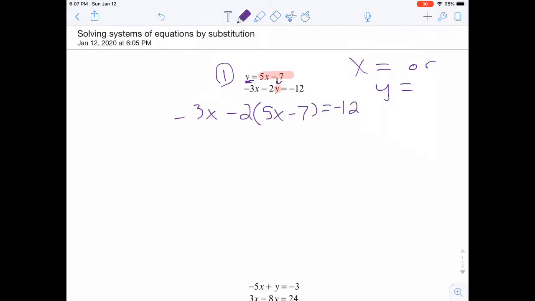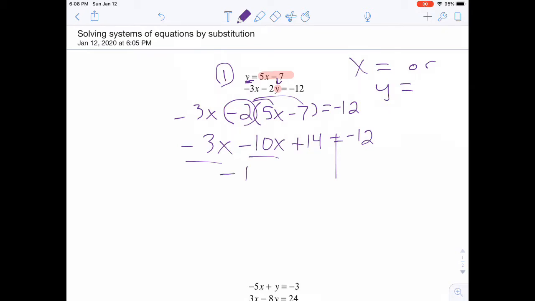equals negative 12. Okay, so in this case, what I have now is an equation that only has one variable. I'm going to distribute, combine like terms, and continue to solve. So my next step here is to distribute this negative 2 to everything inside the parentheses. So I have negative 3x minus 10x plus 14 equals negative 12. And now I'm going to continue solving. So I'm going to combine like terms. So in this case, I have negative 3x and negative 10x, which gives me negative 13x plus 14 equals negative